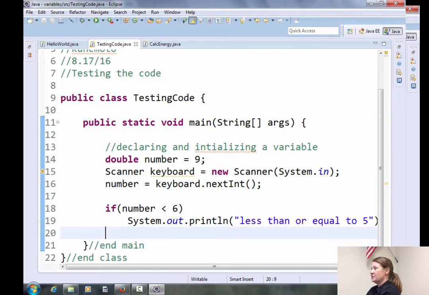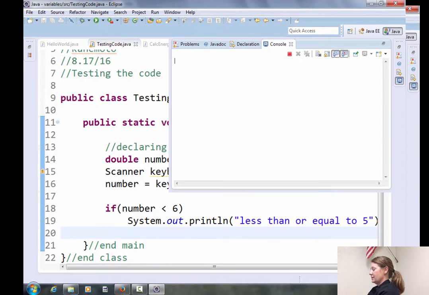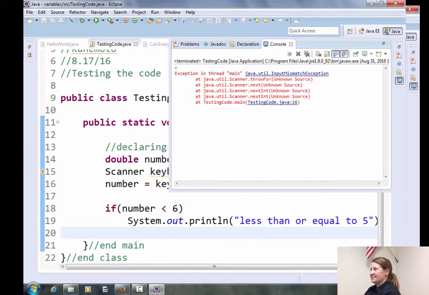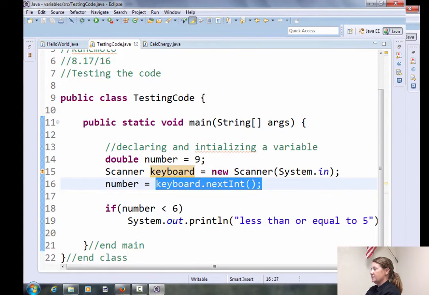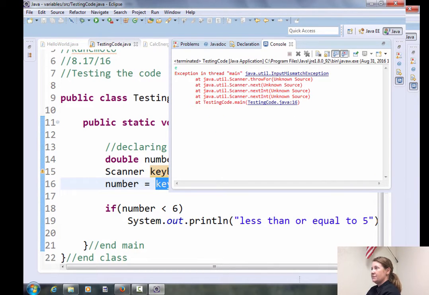Good question. He said, what if you gave it the wrong type of input? What if I gave it a letter like the letter E? What if I put the letter E in here? And yes, it does a type mismatch, and where it's failing is right here. I'm saying get the next integer, and Java's very type safe, so it says, hey, that's not an integer.